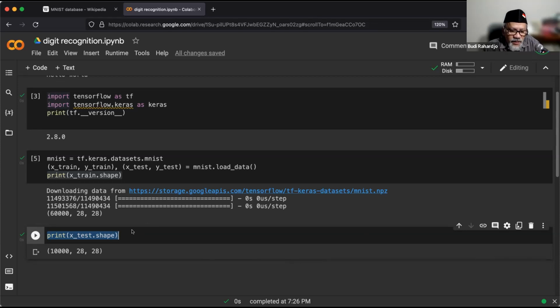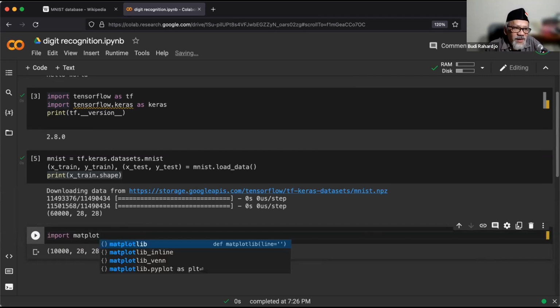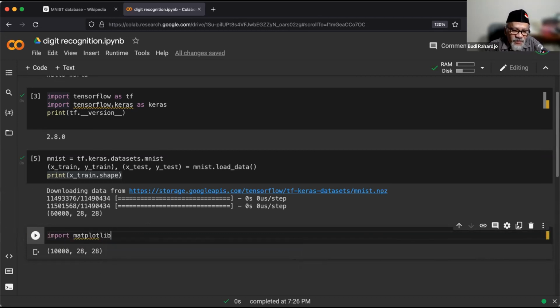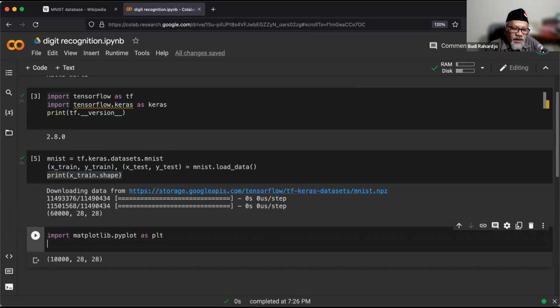Okay, let me just delete this. I'm going to plot it. So now I'm going to show the image. Import again matplotlib. Remember matplotlib plot as plt. Okay, and then I'm going to show.